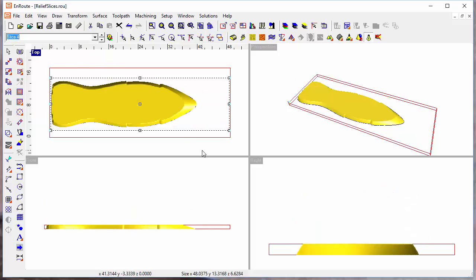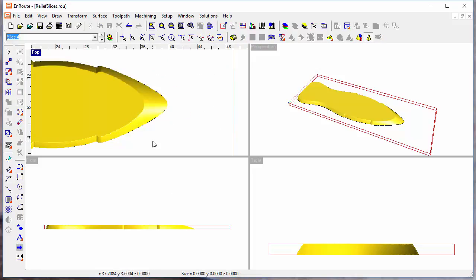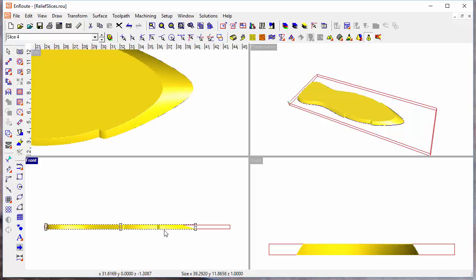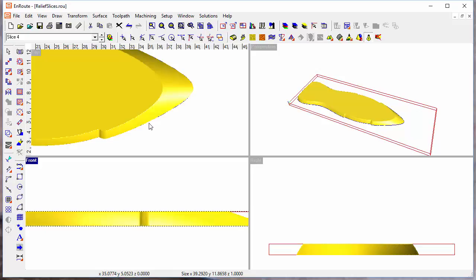So here's the fourth slice. You notice it's already been moved down into the plate for cutting. But one of the things that's interesting about this is that you'll see that a big portion of this slice is flat. It's at the top surface of this 1 inch thick material. And so if I'm going to create toolpaths for this, I certainly don't need to create toolpaths up on this